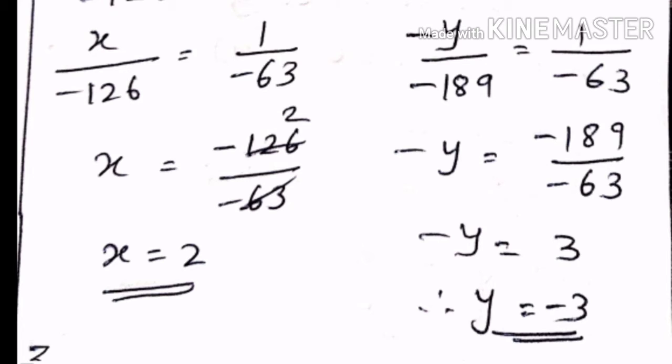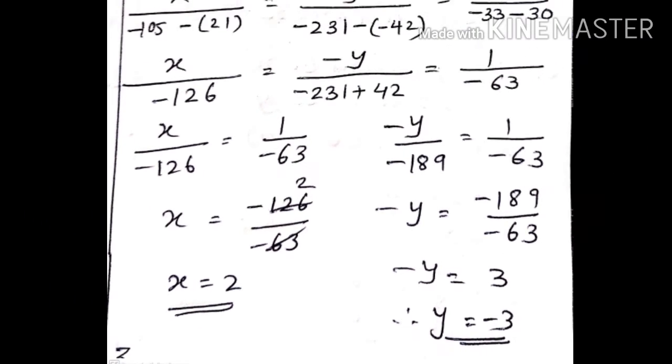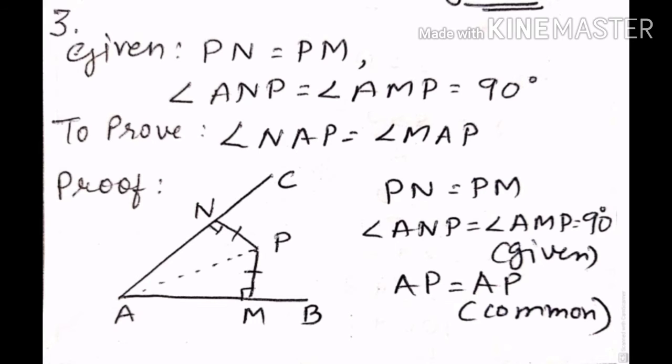Now moving on to the next question. The next question is based on the triangle chapter, a prove-that type of question. First of all you have to observe the figure and write your given part from the figure. So here the given part from the figure is PN is equal to PM, and angle ANP is equal to angle AMP is equal to 90 degrees. And the to-prove part, what you want to prove, is that angle BAC is bisected by AP. That makes two angles, NAP and MAP, which are written here. In the figure we also have to join AP, students, as you can see. And the proof part, you can see I have already started with our given part.